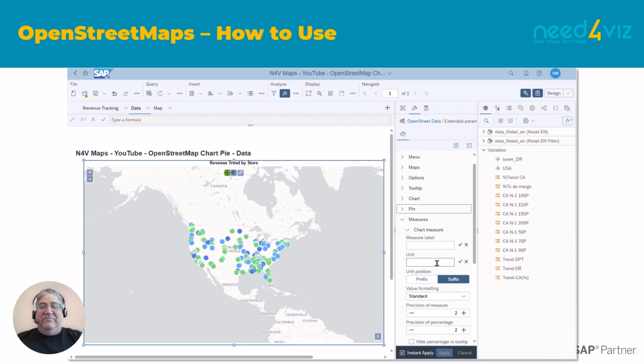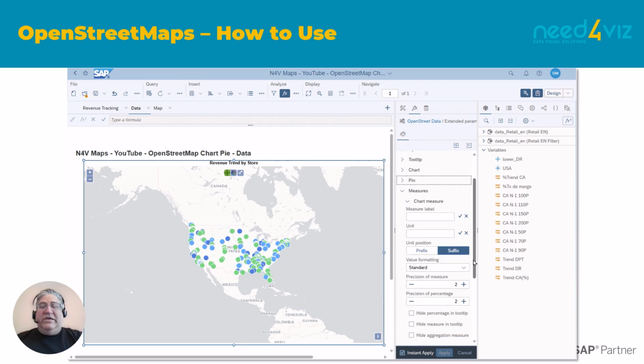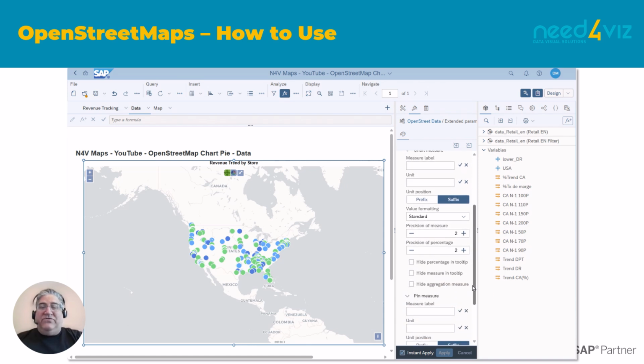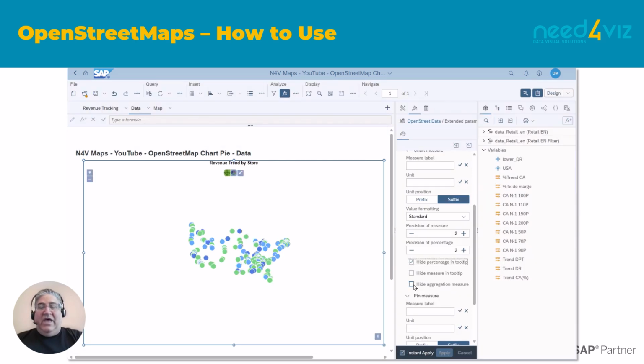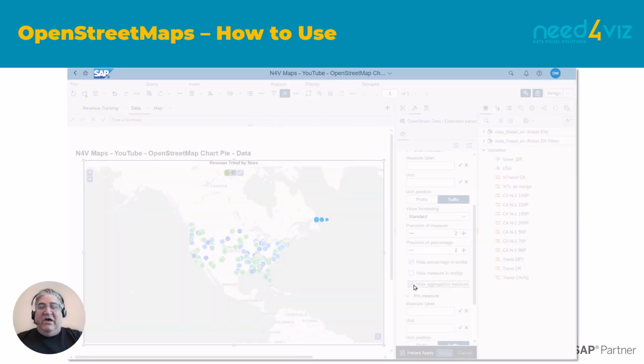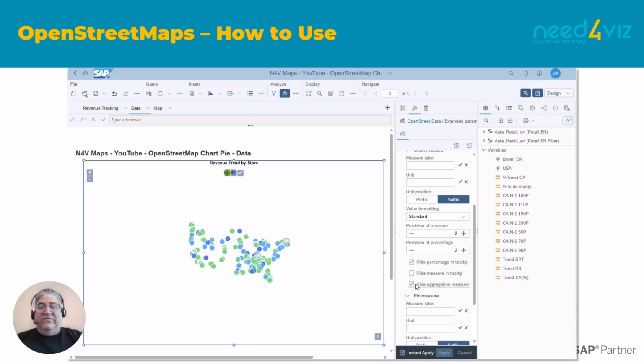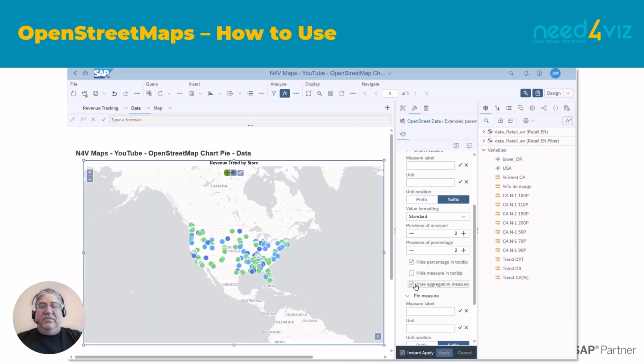Okay, the last thing is measures. So this is where we can configure the chart measures for the chart that we're not using in this particular example. I am going to hide some details of the chart since we're not using it. And we can also set some properties for the pin measure.